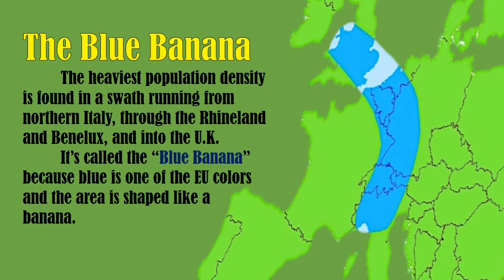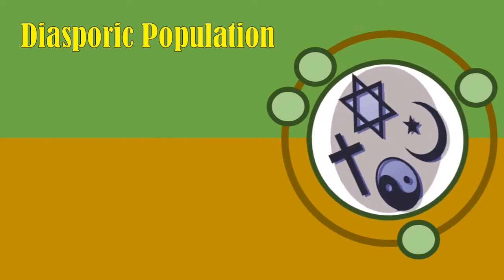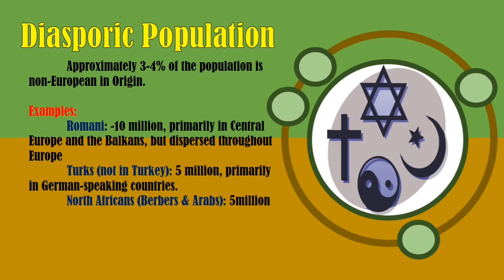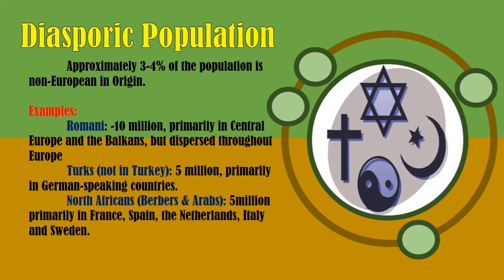It is actually a swath running from northern Italy through the Rhineland and Benelux and into the United Kingdom. It was called the blue banana because blue is one of the European Union's colors, and the area is shaped like a banana. Their population is also considered diasporic, because approximately 3 to 4% of the population is non-European in origin. Examples: